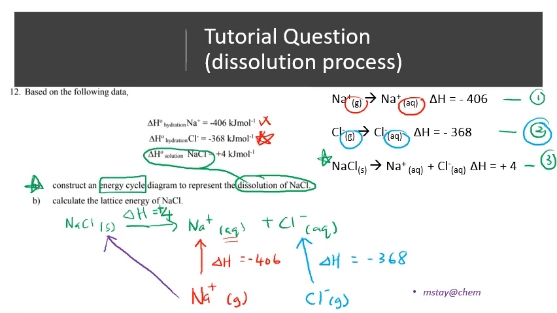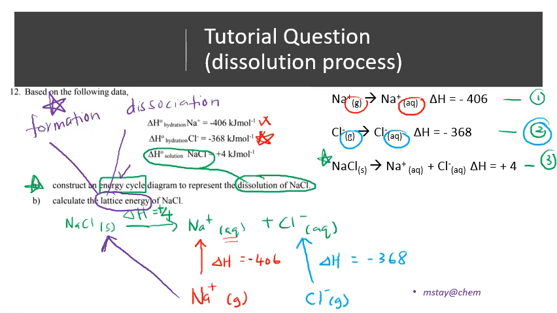So basically, we are already done with the energy cycle to represent the dissolution of NaCl. The next part of the question asks us to calculate the lattice energy. As we know, lattice energy has two parts: one is formation, the other is dissociation. If the question doesn't specify the type of lattice energy, normally we treat it as lattice formation. That is why, just now, when we drew the arrow, it pointed to the NaCl